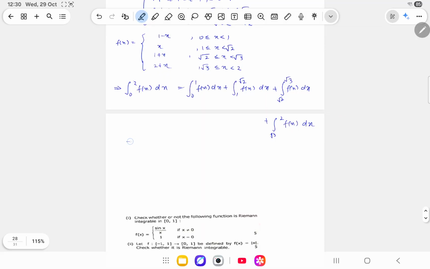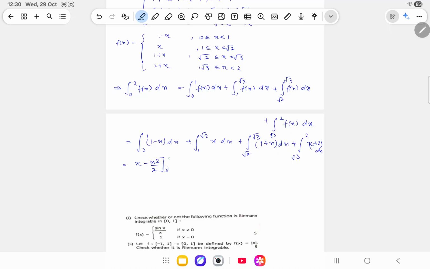So if we just integrate it, it will be the integral from 0 to 1 of 1 minus x dx, plus the integral from 1 to square root of 2 of x dx, plus the integral from square root of 2 to square root of 3 of 1 plus x dx, plus the integral from square root of 3 to 2 of x plus 2 dx. On integration it will be x minus x square by 2 from 0 to 1, plus